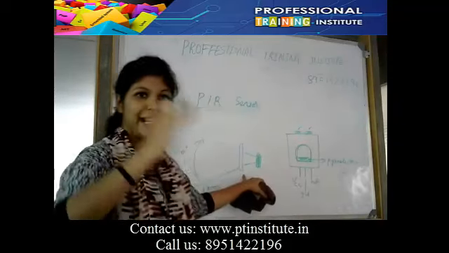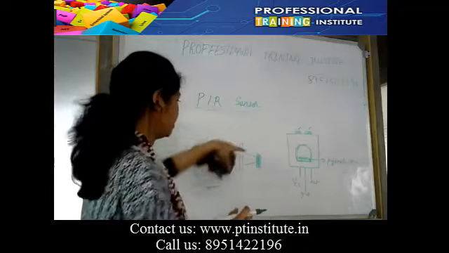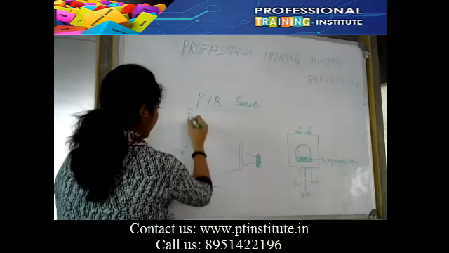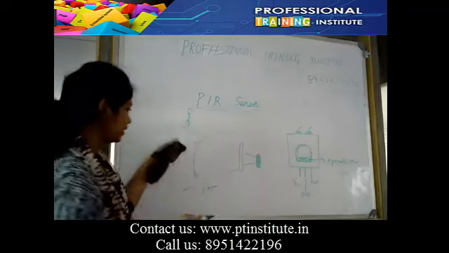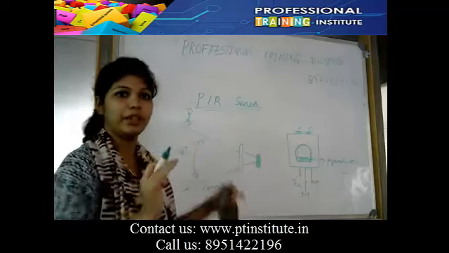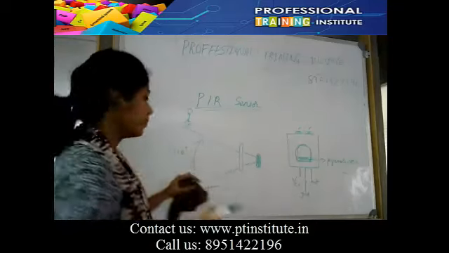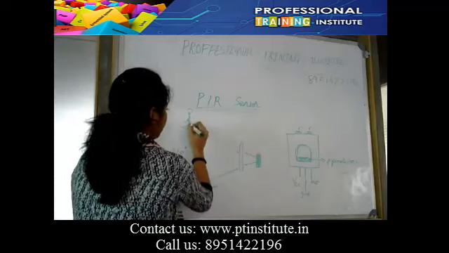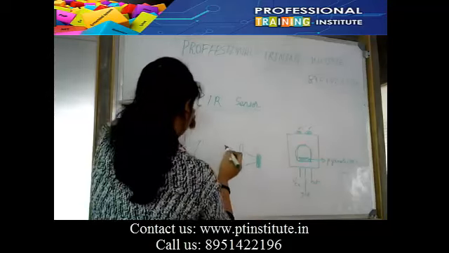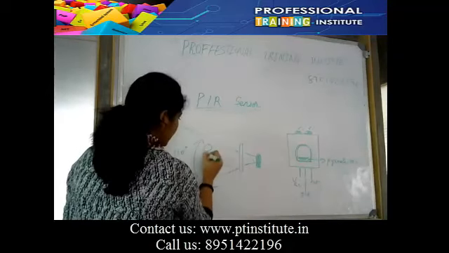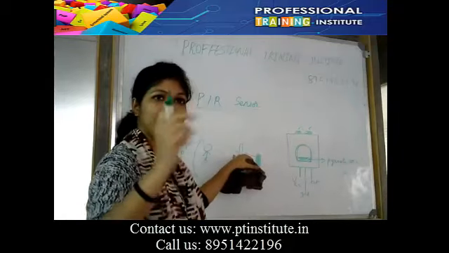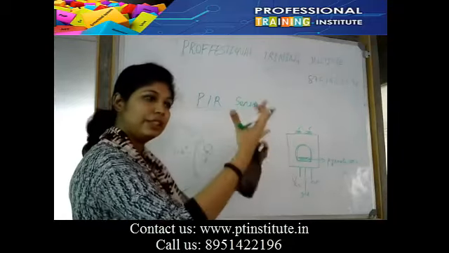So here this Fresnel lens will focus the radiation. For example, if a man passes, he enters this area, and this is an angle that is already set in that module, 110 degrees. Here, if he is standing, the sensor will not sense. And if he is entering the detection range, now the sensor will sense